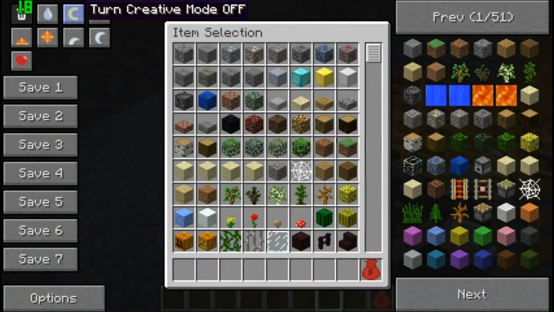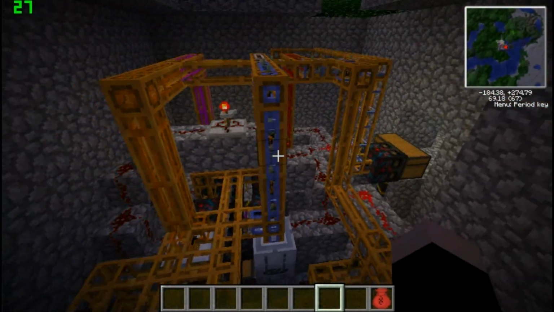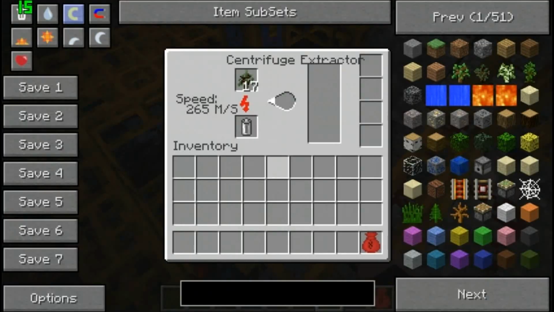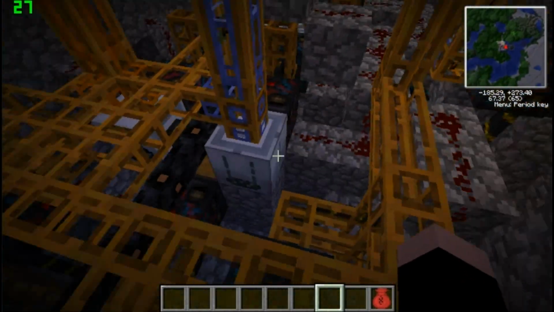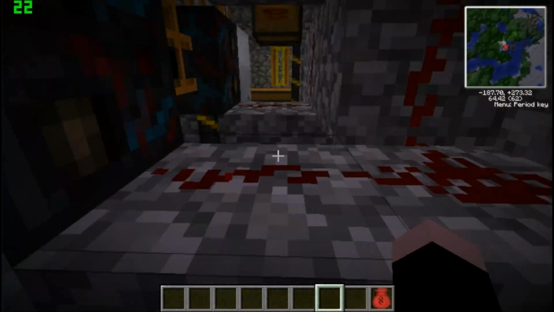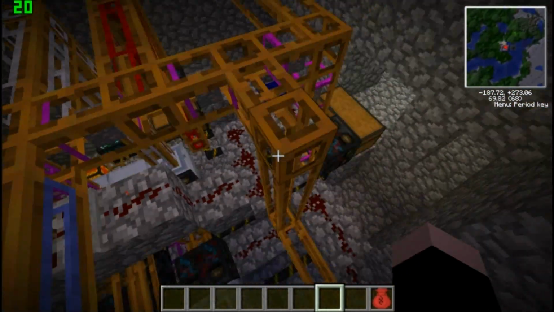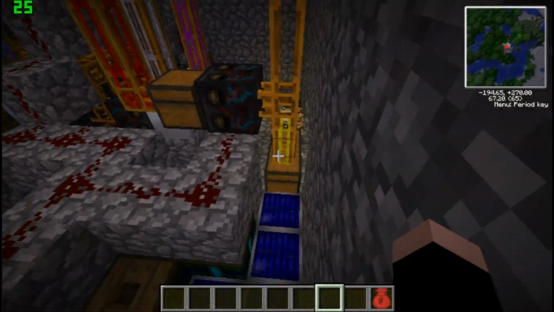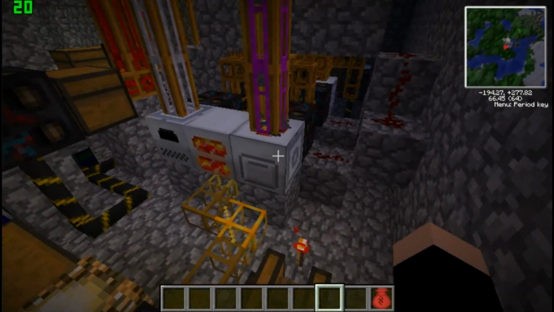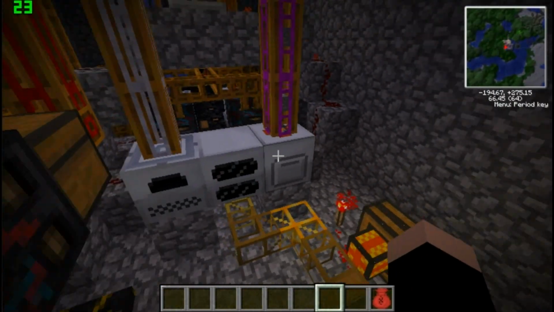And let's switch to creative so I can fly around this thing. So as you can see, the rubberwood saplings are going into the extractor, which, hold on a second, will create rubber, and then that rubber will get sent off to the finished product chest down there. And it's now sending all the iron ore into the macerator to be converted to dust, and